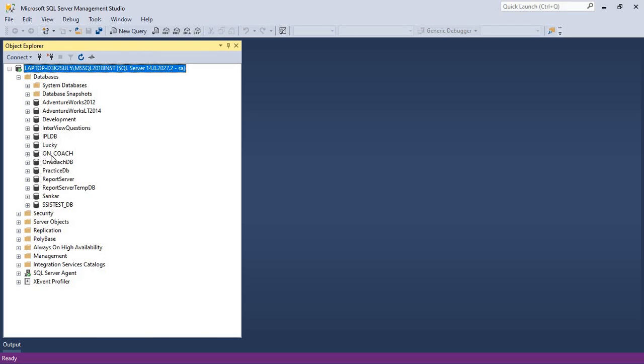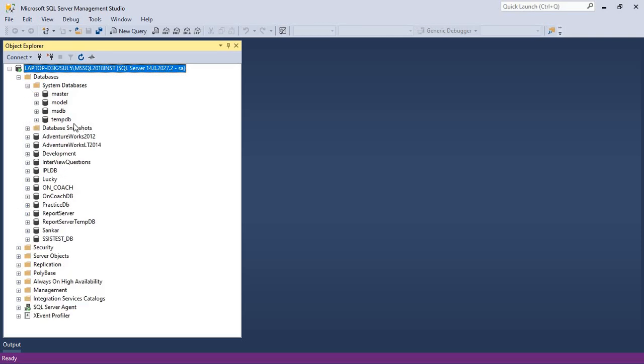I have already created these many databases on my machine, so that's why I am seeing them here. By default you can't see these when you install SQL Server. I already worked on these databases, I already created them. Whenever you install it, you can see only four types of databases: master, model, msdb and tempdb.